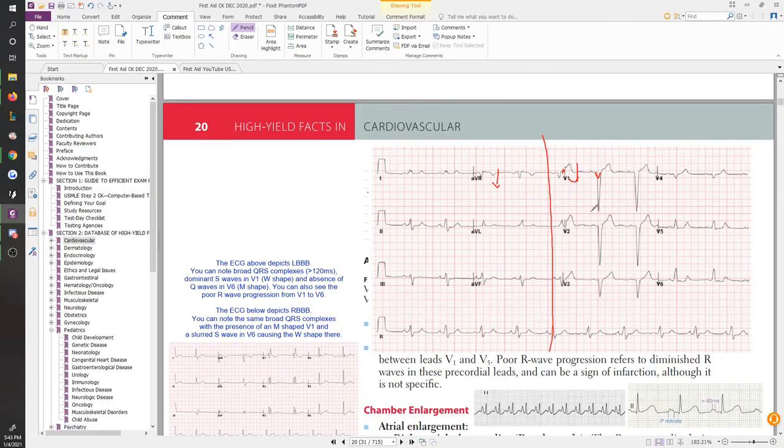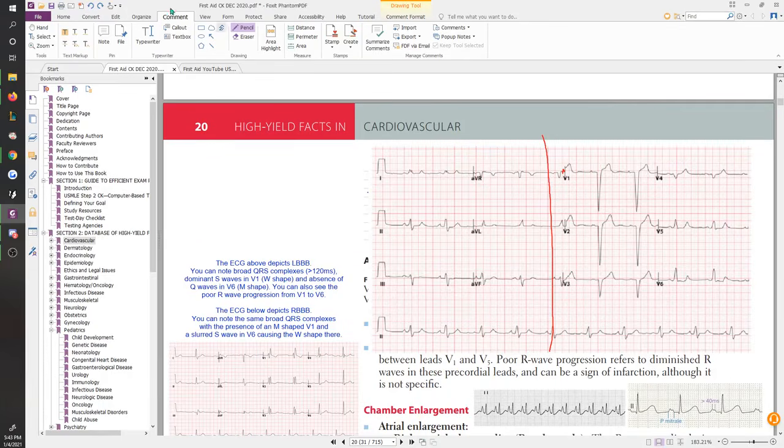So we look at it, we can see that there's something wrong throughout the entire right side. So we can pause that, take a look at what's happening on the left. We come over here to the left side, and if you're looking at 2, 3, and AVF, I'm not really able to notice anything very abundant immediately. Nothing crazy is happening over here. And then if you look at 1, 2, and AVF to figure out the axis deviation, well, 1 is pointing up, 2 is pointing up, and AVF is pointing up, so there's no axis deviation. That's normal axis. So then you have to see what could truly be going wrong.